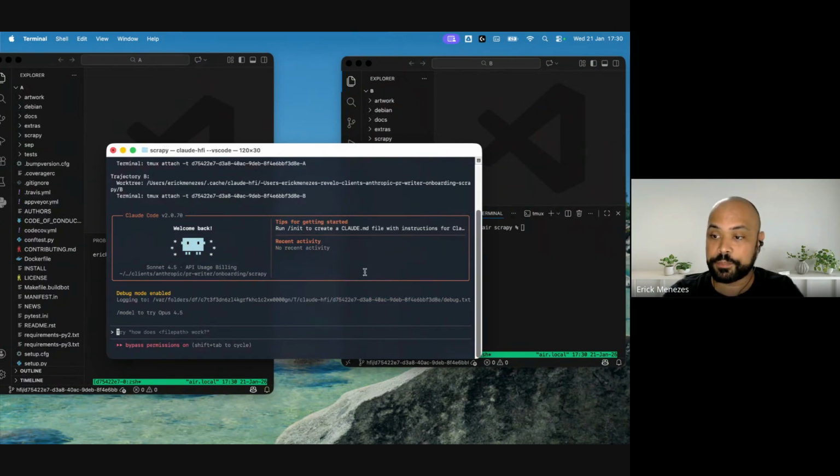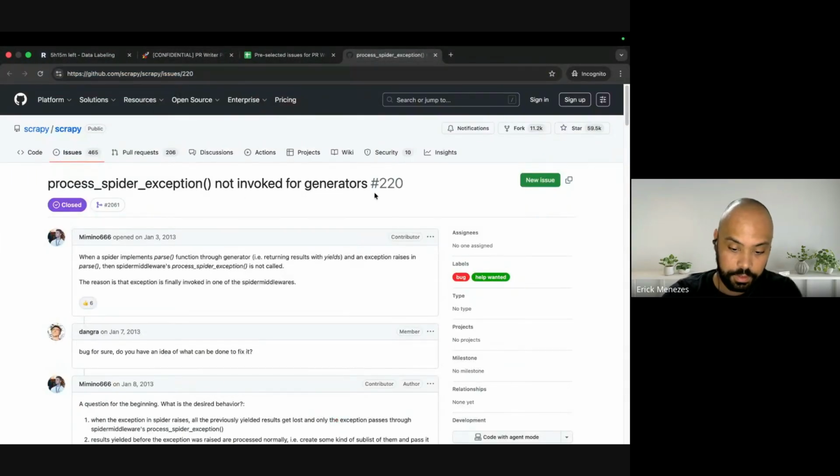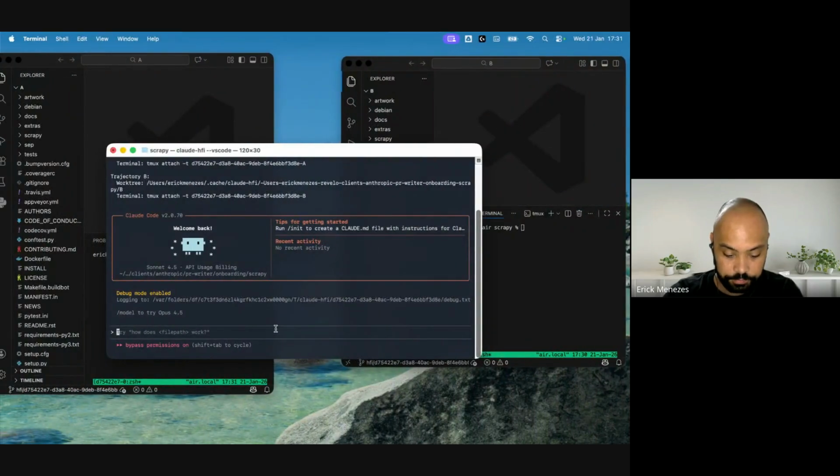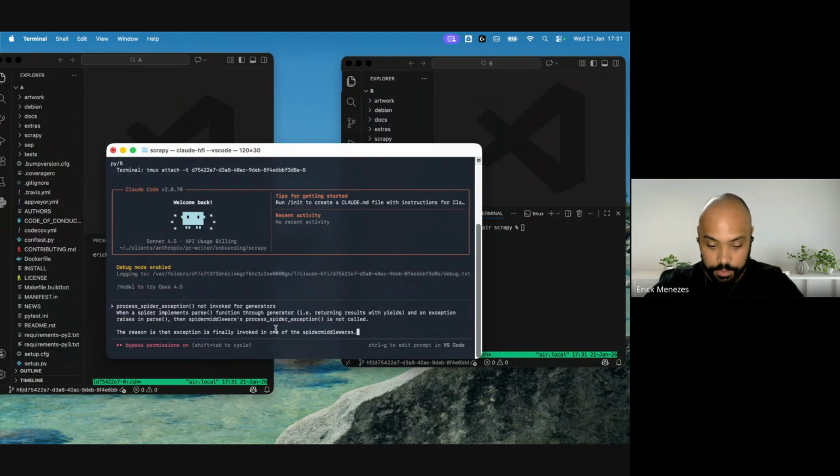So now we're going to our first prompt. As I mentioned, the first prompt is the issue title. I'm going to save it in another screen here, and the description. And that's it. No more, no less. I'm going to go back here. I'm going to paste it. And now we're going to start the model trajectory to see how they will handle the issue.